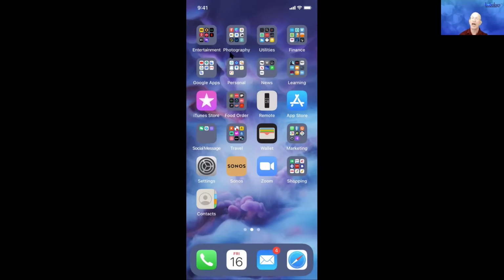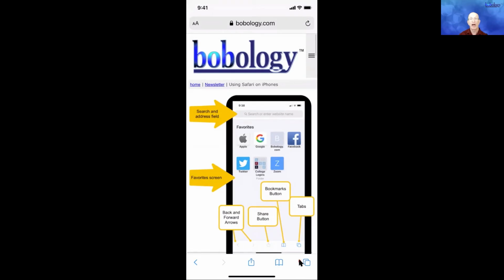Okay, so I've got a lot of apps. Don't worry about all of them, because I think I have over 200 apps installed on my phone. But you can see at the bottom here, I've got a phone app. Let me get my annotation working here so I can spotlight this a little easier. At the bottom, I've got my phone app, my calendar, my email app, and this is the Safari icon for the Safari app. So when I tap the Safari app, I can't show you my finger, but I will tap it with my finger. I bring up the last web page I was looking at, and it happened to be